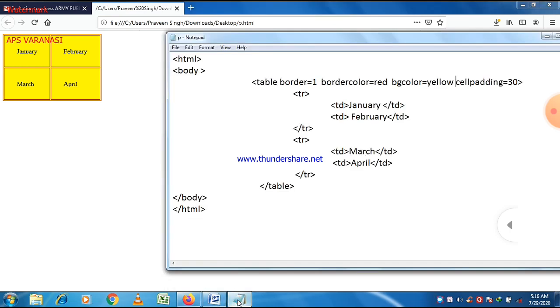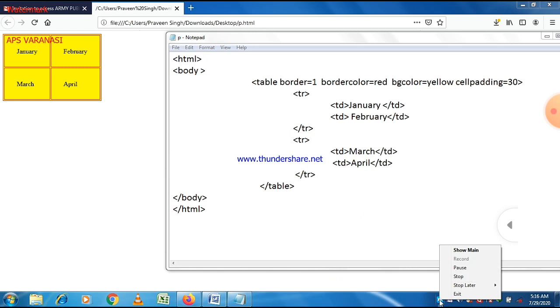That is the concept of cell padding, meaning the space between the content of the cell and the boundary of the cell is called the cell padding. And what is the meaning of cell spacing? Difference between